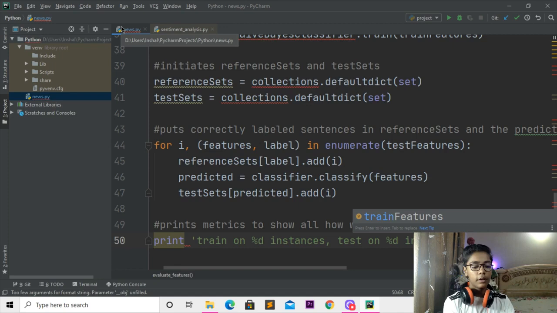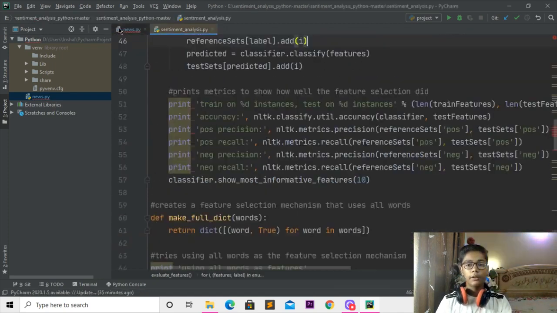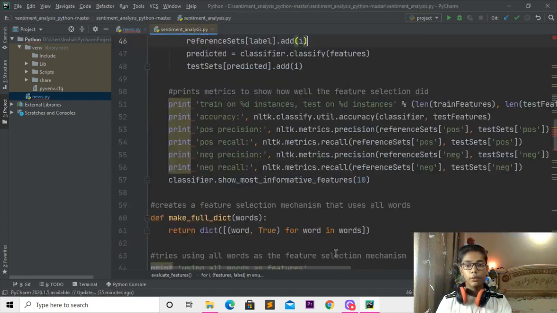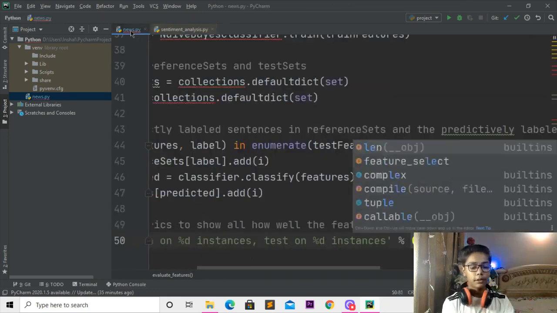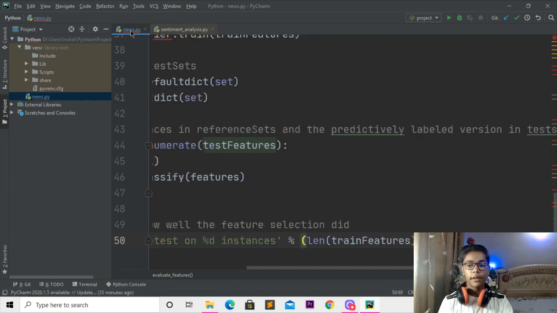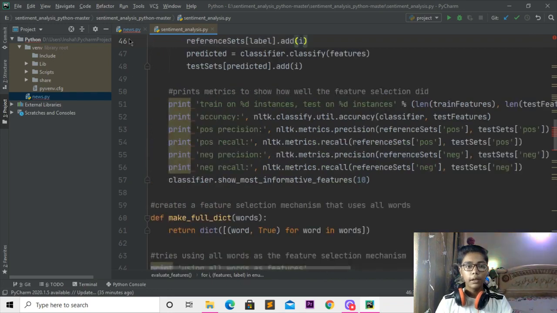And then I will be writing that to train features. So when you've done with that, I'll be coming here, and then I'll be writing that to comma, then moving here, and you can see there it is written len test feature. So here I'll be writing len test features. So when you've done with that, I'll be coming underneath, and then I will be writing here print,